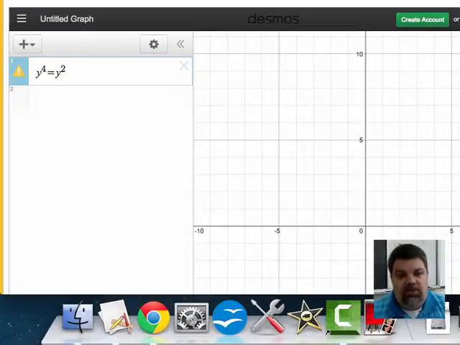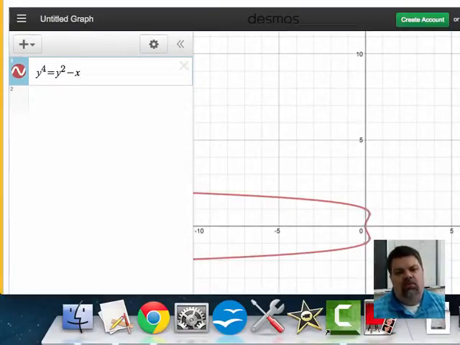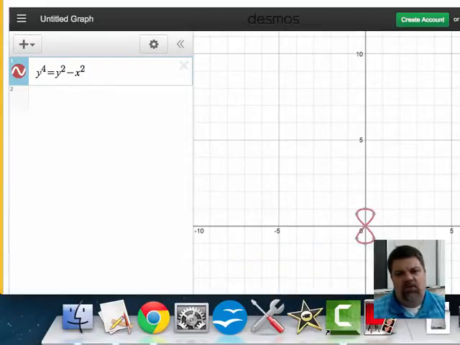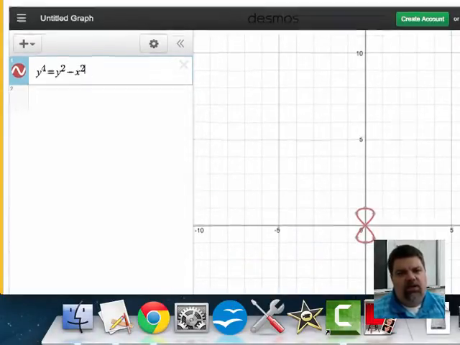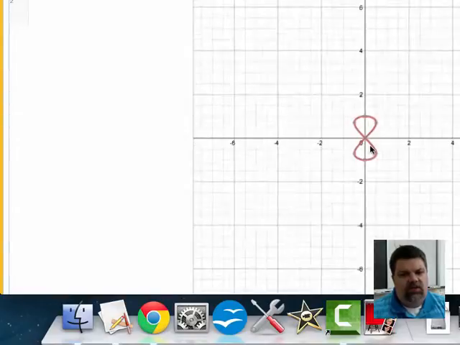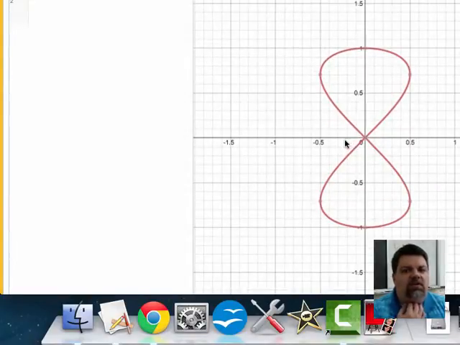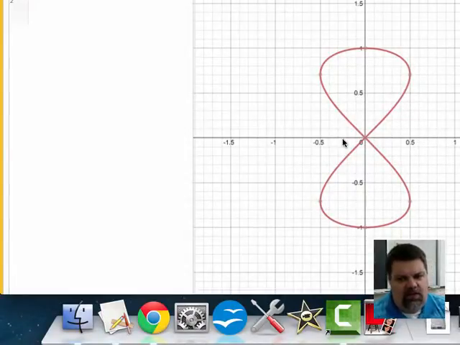Okay, so what we want to do here is we have the equation y to the fourth equals y squared minus x squared. And if we look at the graph here, it makes like a figure 8. And so I'll zoom into that real quick so we can see. Now I did it on my graphing, on my website. I have a graphing calculator there, and